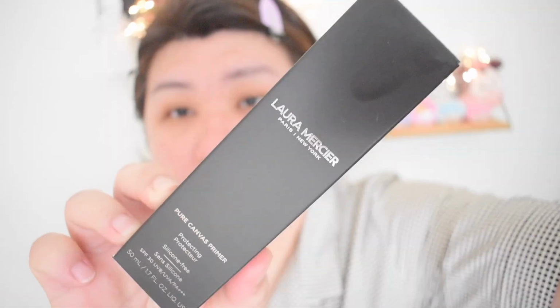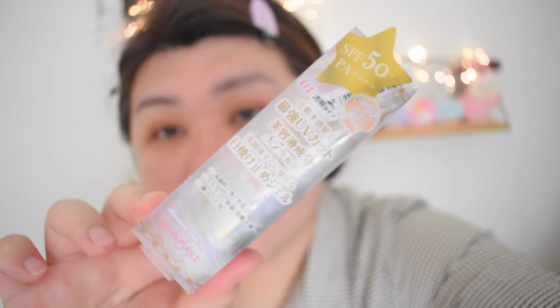Alright, so now I'm done with my toner and my moisturizer. Now will be the product for the day, which is these 2. One is from Mercier, and then the other one is actually a drugstore product from Canmake. It's a primer. So both of them are actually primers, but they have sunblock